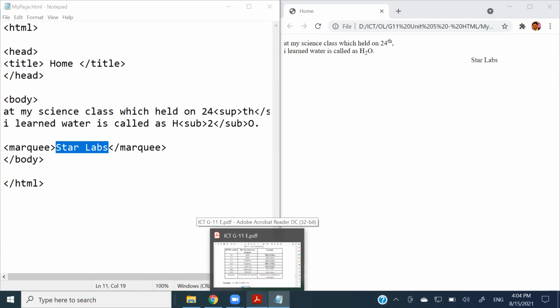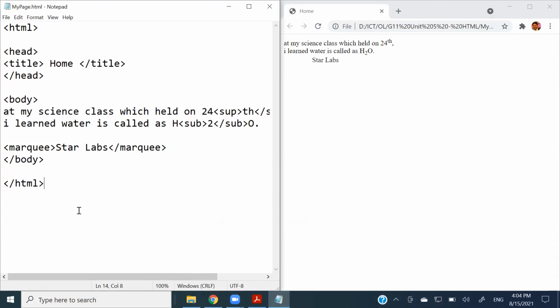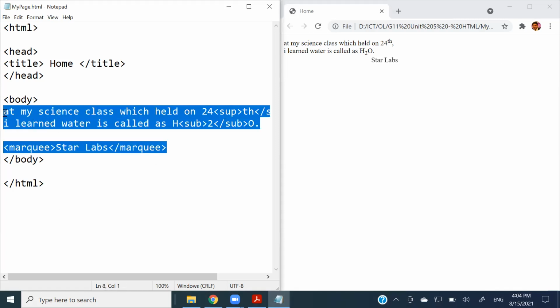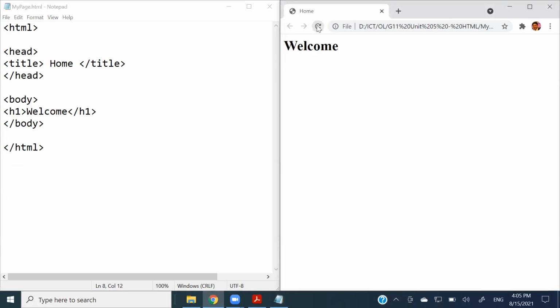All right. So let's move to the font tag and the center tag. First of all, I'll tell you about the center tag. Now if I clear these things for a moment, and if I use an H1 tag, just the H1 tag, and say welcome, right? We know if I save it and refresh it, you can see the welcome, and always the things are